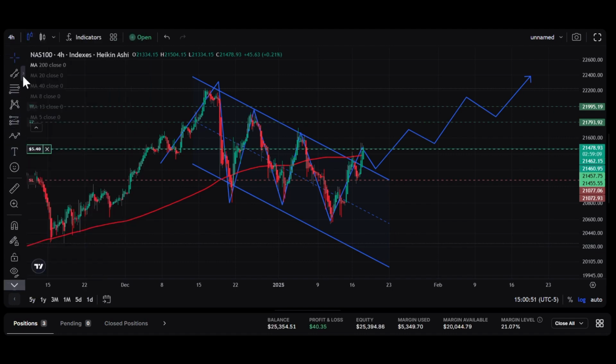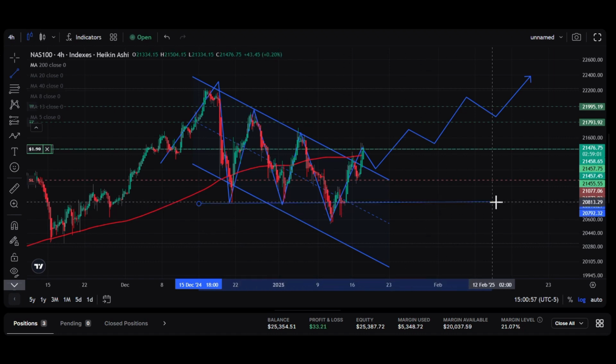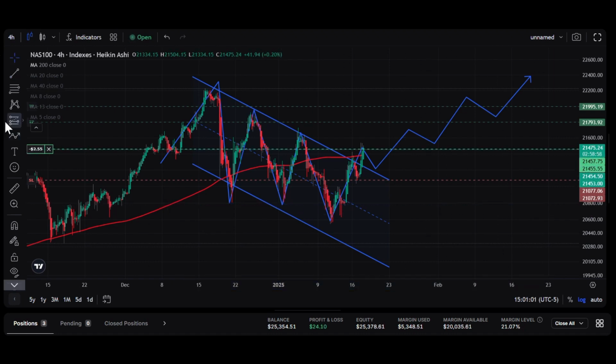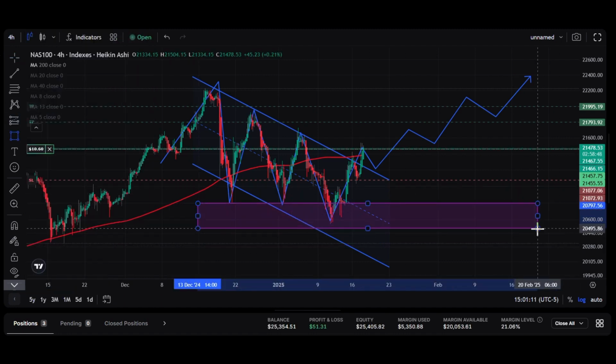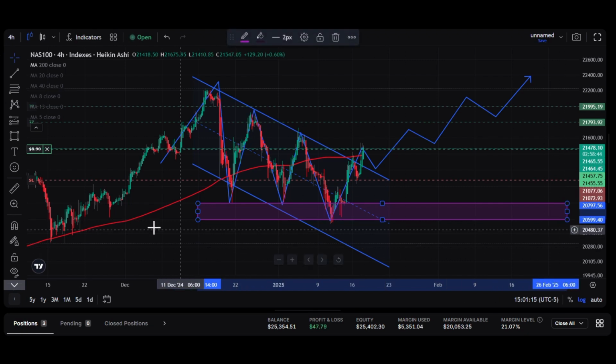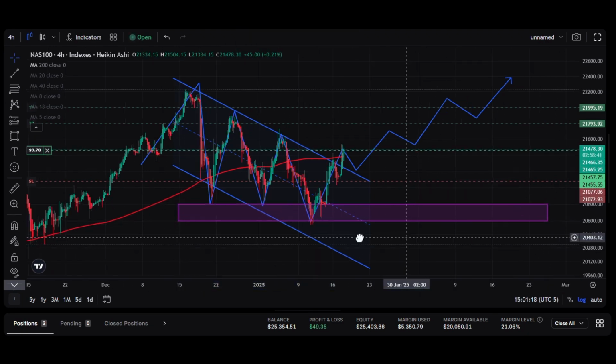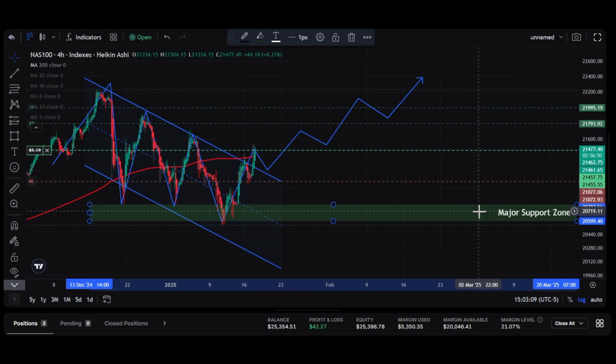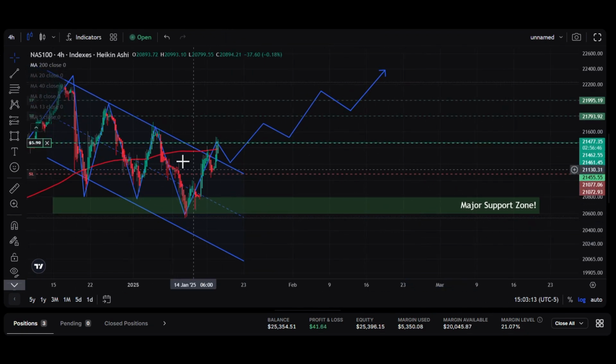And that's something that you could kind of gauge in the future. If you look at that point that it kept returning to, that whole area right there is where it wanted to zone. So I would keep that in mind in the future. That area is serving as a major support. So now that we got that labeled up as a major support zone here, then you're looking at your 200,